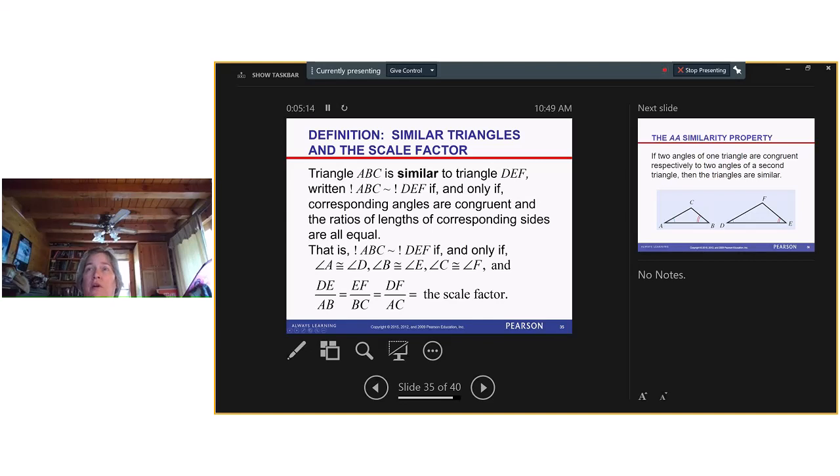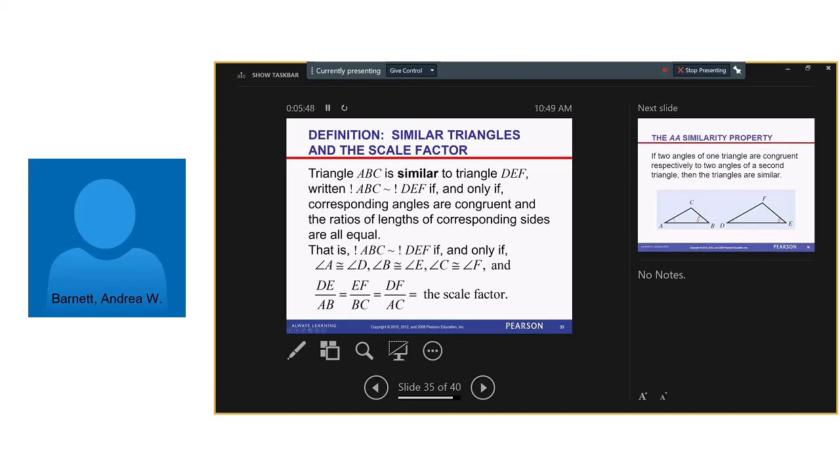So A corresponds to the first letter that's written of this other triangle, D. B is the center, so E is the center here, so those two are congruent. And C is the last one, so F is the last one. So these could actually be written in a different order if the angles are different. This is a triangle, but these triangles are written so these angles are congruent. And this is saying then that DE, side DE,